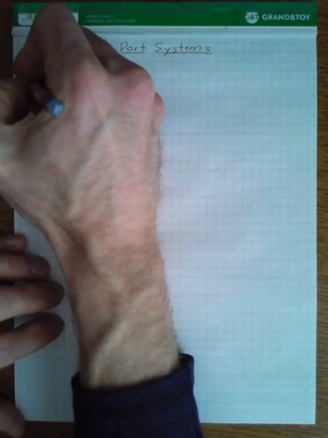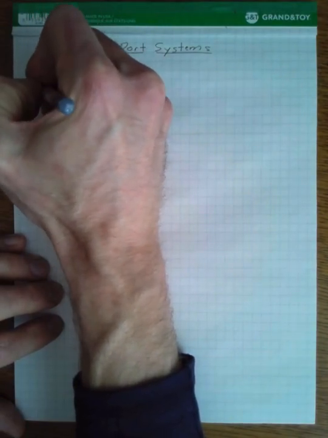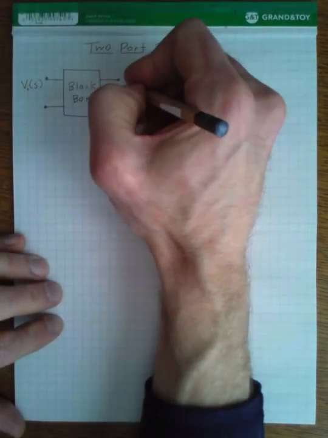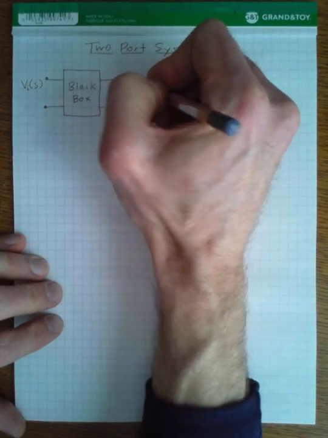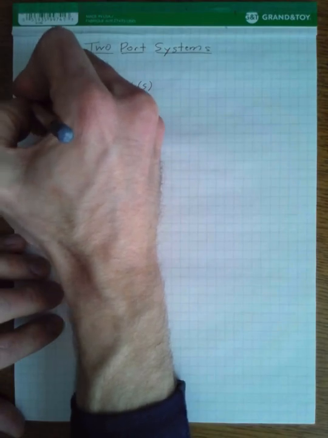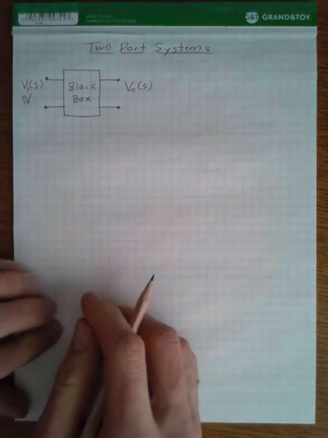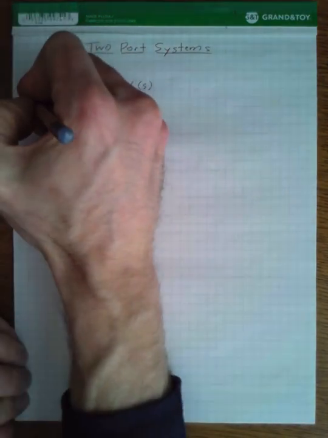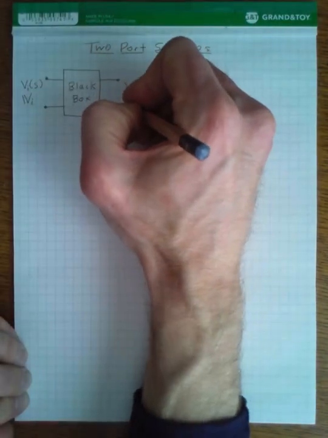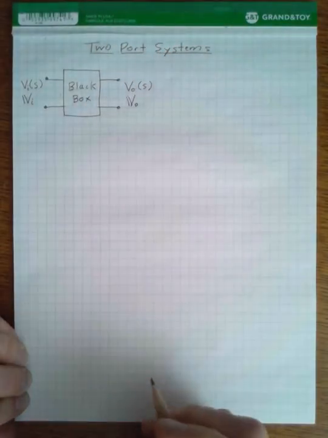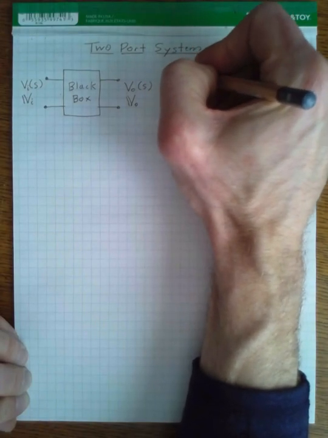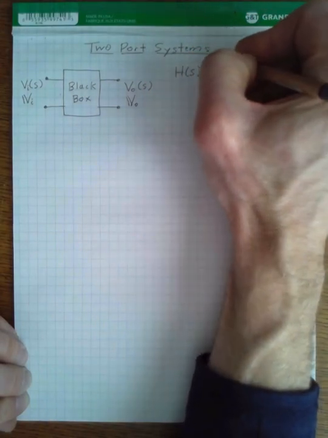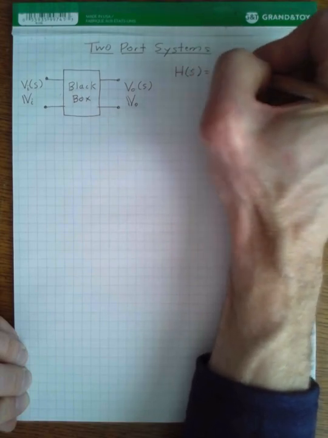We've looked at the system in the Laplace domain, where we have some input voltage and some output voltage as a function of s. We've also looked at frequency-dependent transfer functions, where our input is a phasor and our output is a phasor. We've defined our transfer functions in the Laplace domain as the ratio of V out over V in,